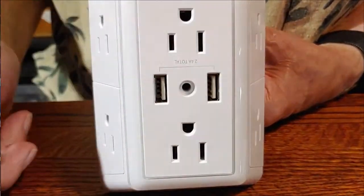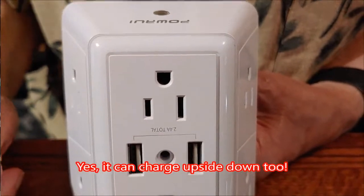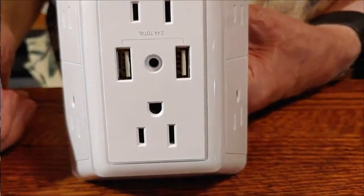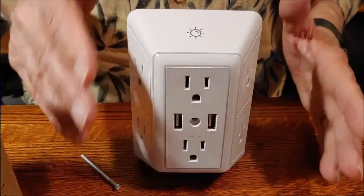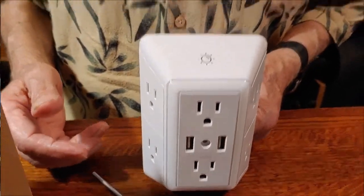But wait, there's more. Okay, it has 2 USB charging ports, okay? It's a total of 2.4 amps. So 2.4 if you're charging one device, or divide that in half if you're charging 2 devices. But it will charge upside down. But that's also built into this one outlet. It has built-in surge protection. It was only about $17, but